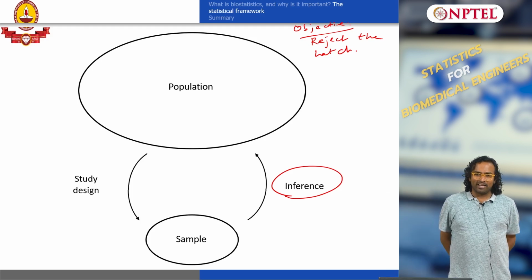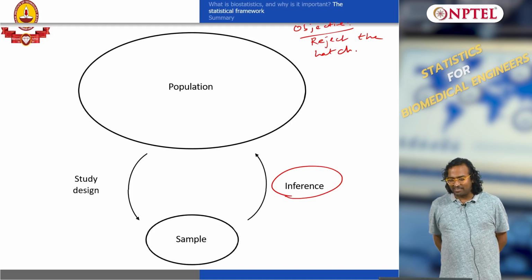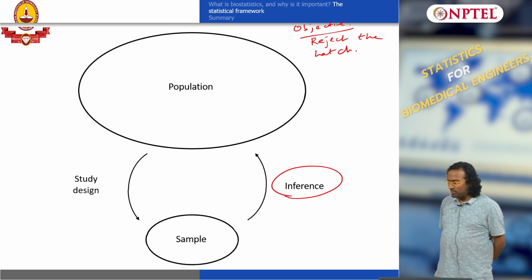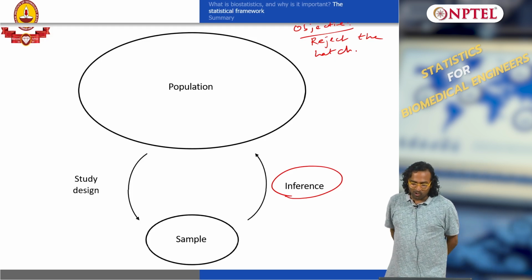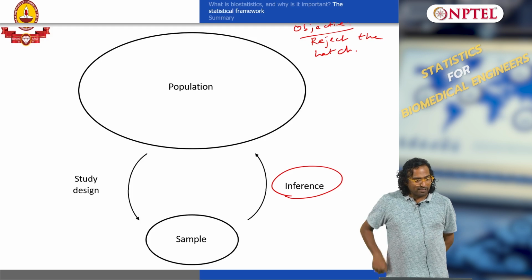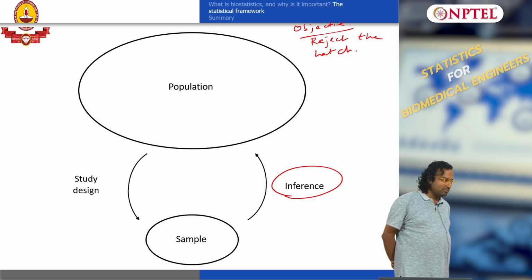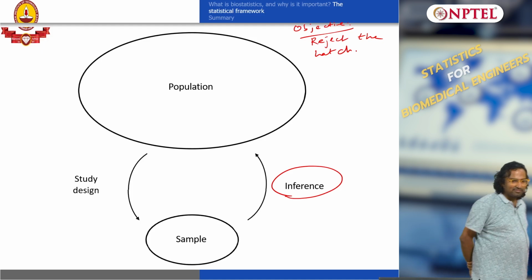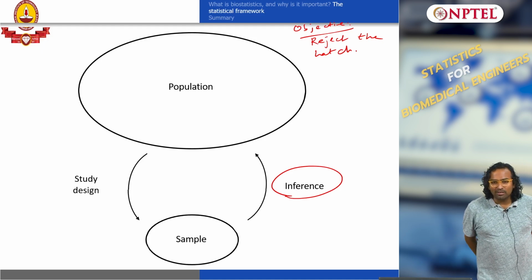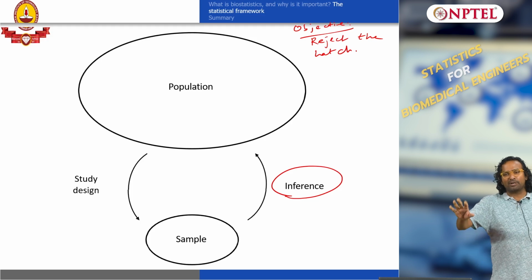In case of a drug molecule, you will say it will serve the purpose. I will tell you why later on. I will tell you why an objective has to be carefully chosen. So in this case, it is reject the batch. Now remember, rejecting the batch, is it going to be a tough job or an easy job? Do you want to reject the batch with high confidence or moderate confidence? Remember, 100% is not possible.